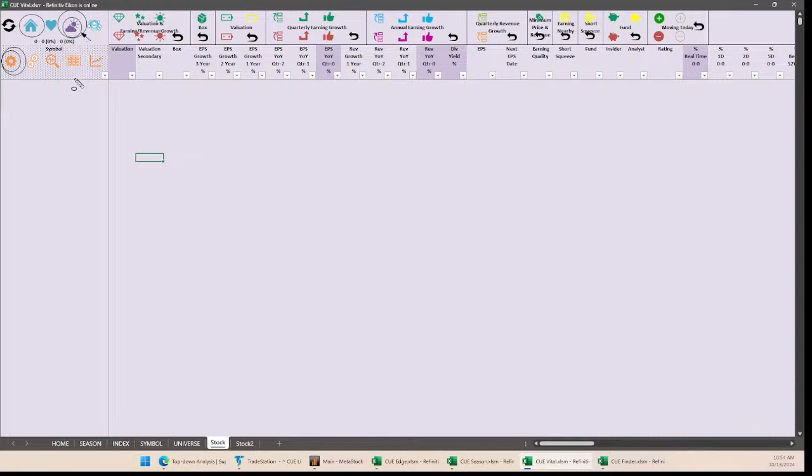Why did I do that? Because, and this is small fun things for me, these are all context sensitive smart action buttons. So if I highlighted one stock, wanted to look at its seasonality, it would take me to the season program inside Vital. That's why it was colored in